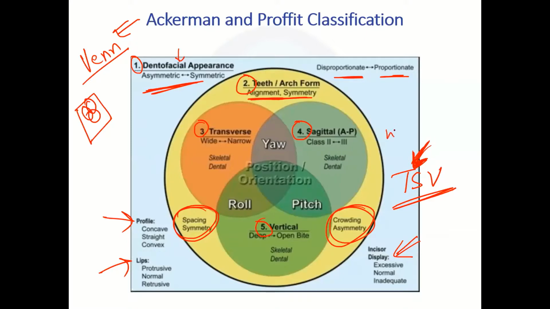So width, depth, and height. So this is what you can follow from the face. So you can remember it from there. This is the beauty about learning with such a big group, that you can see that. Yes. So जैसे face में होता है ना, first is transverse, then is sagittal, then is vertical. ऐसे Ekman Prophet में है TSV, transverse, sagittal, and vertical. So you remember it like this. Okay, it would be easier for you to remember.